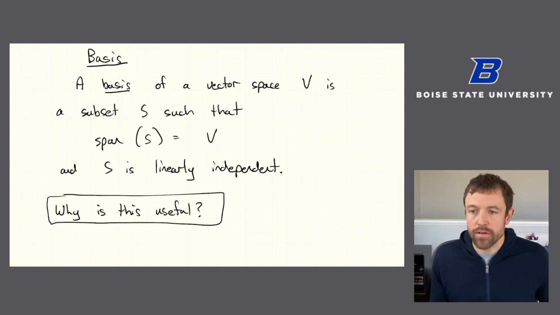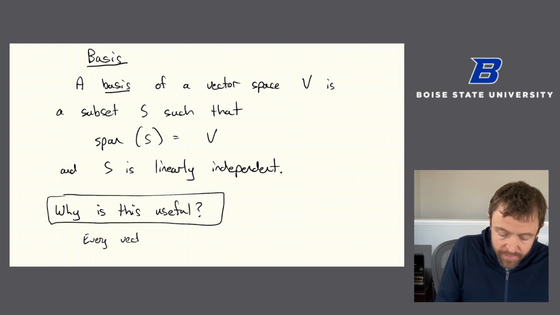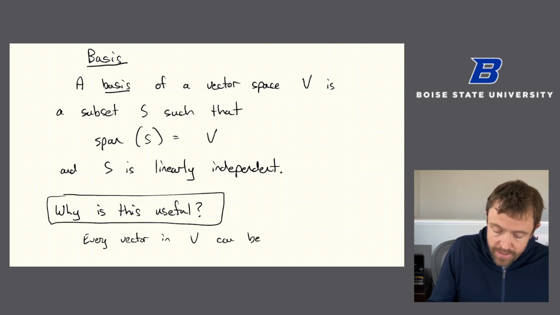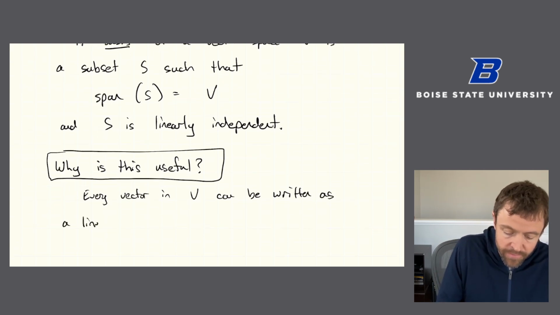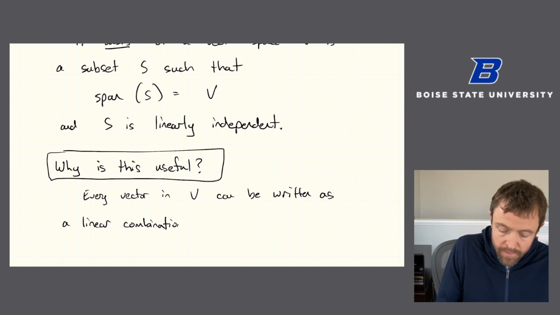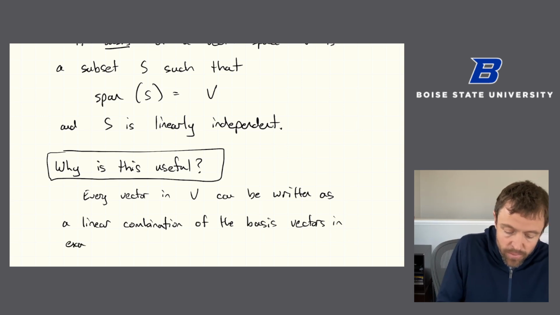I'm not going to prove it or overly justify it, but every vector in V, if we have a basis, can be written as a linear combination of the basis vectors